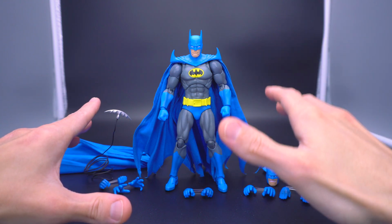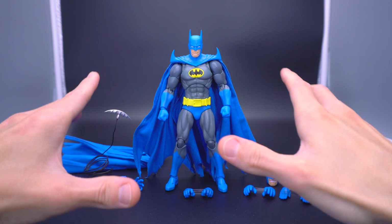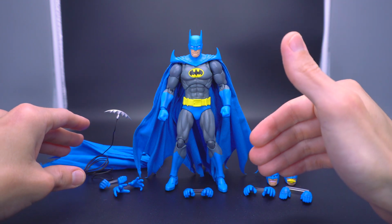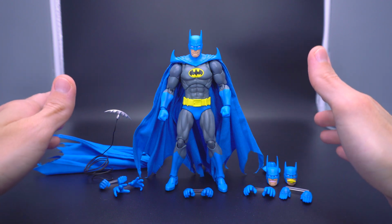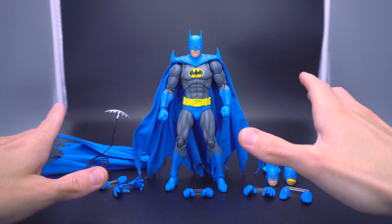But if you can still pull and you don't mind waiting a little bit by importing the figure for a slightly more discounted rate of somewhere between $75 to $85, this guy is more than worth it. Sure,